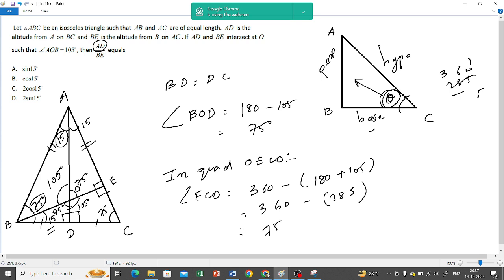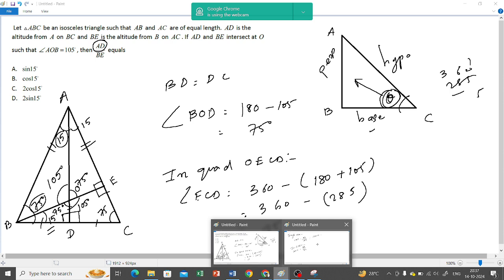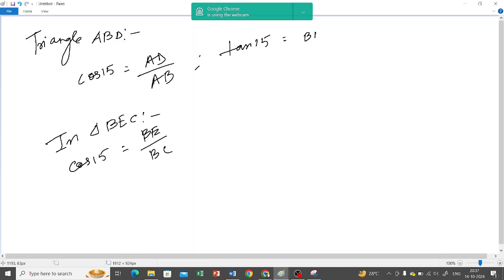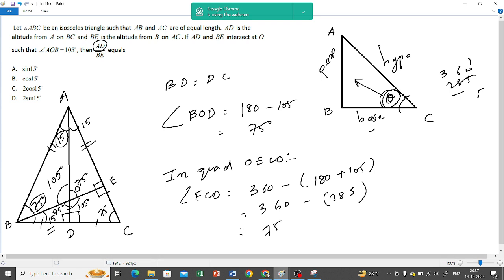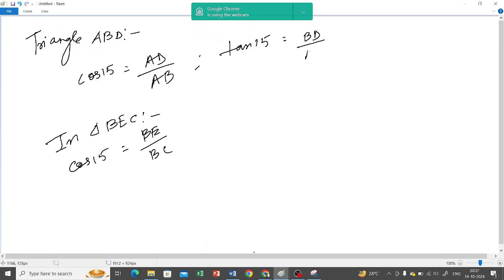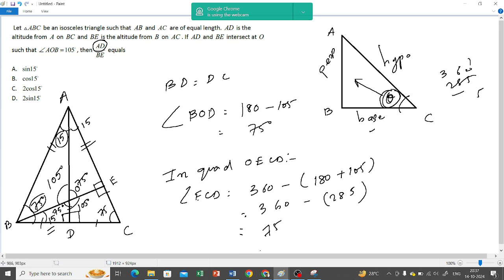If I take tan 15, what is tan? Perpendicular by base. So tan 15 in triangle ABD is going to be what? Perpendicular is what? BD. And what is base? AD, right? Still I am getting AD over here. And cos 15 is BE by BC, right? So